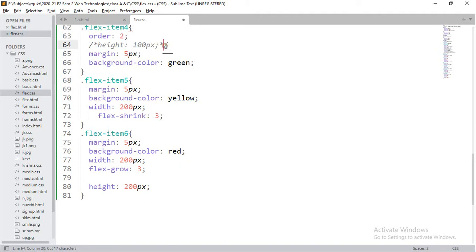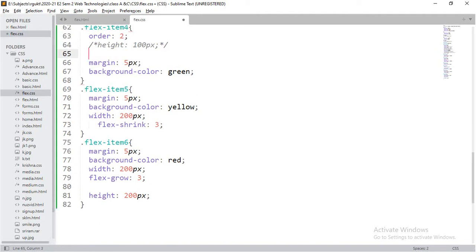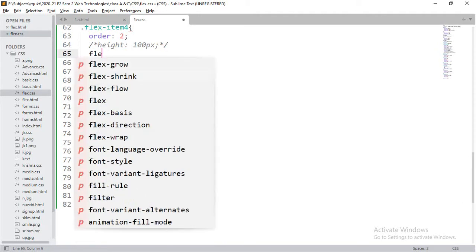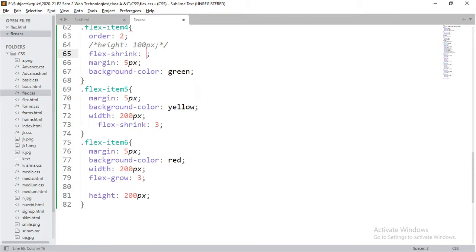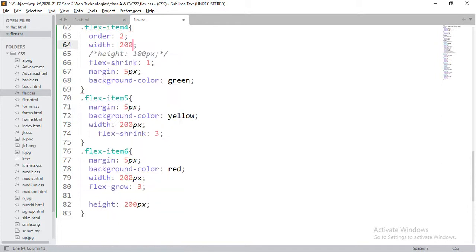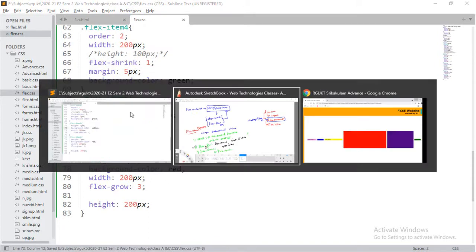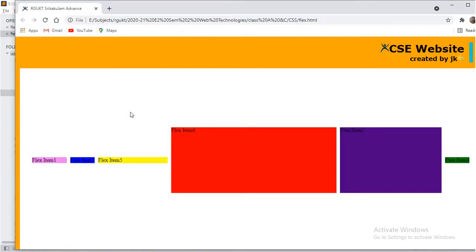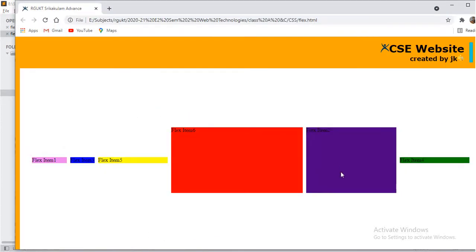Shrink as 3, and this one flex shrink as 1, and now whose width is 200 pixels. So we need to compare flex item 4 and flex item 5. Flex item 4 is here, flex item 5 is here.